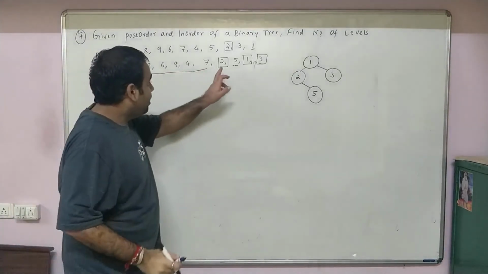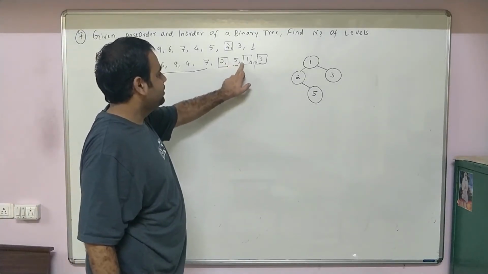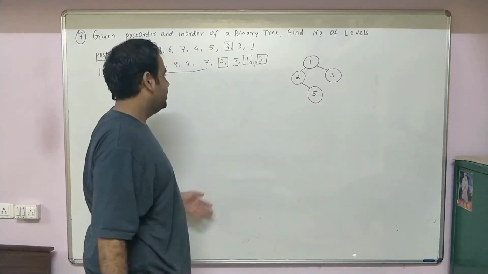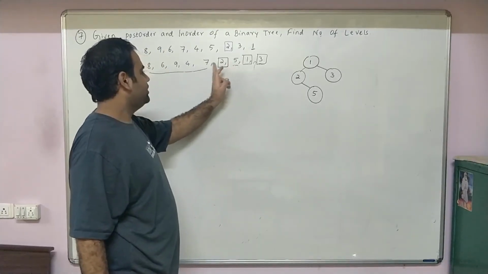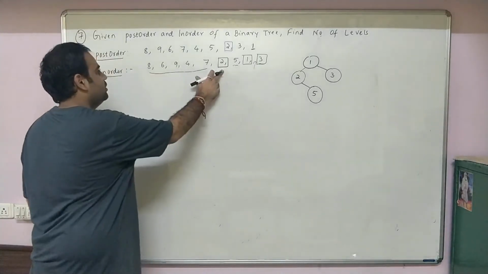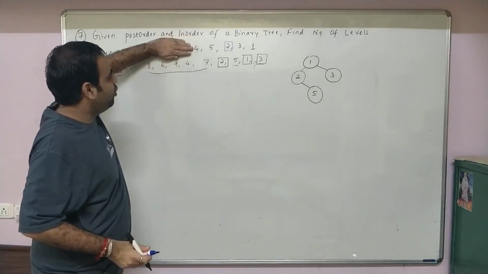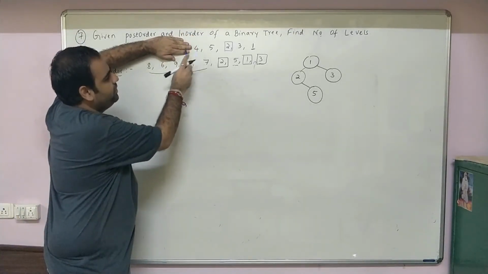Is that okay? Now all the elements on RHS of 2, RHS of 5. There is no RHS of 5. And all the elements on LHS of 2, there is no LHS of 2 over there. Now the next thing is, this 4 should be on the left subtree of 2.